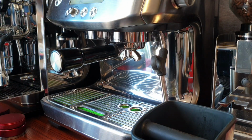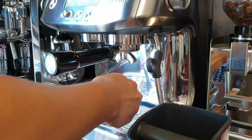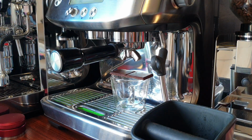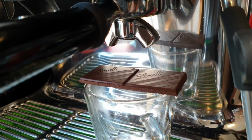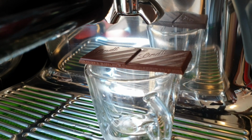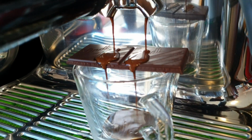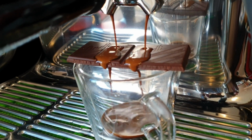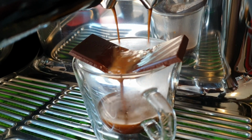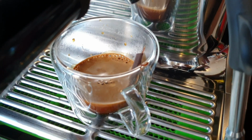Okay, let's try it. Okay, let's see. I think I have to go without the scale, because with the scale the chocolate bar can't stay there. Let me bring you closer. So let's go. Same thing, I'll press and hold. The chocolate bar didn't really melt that much,